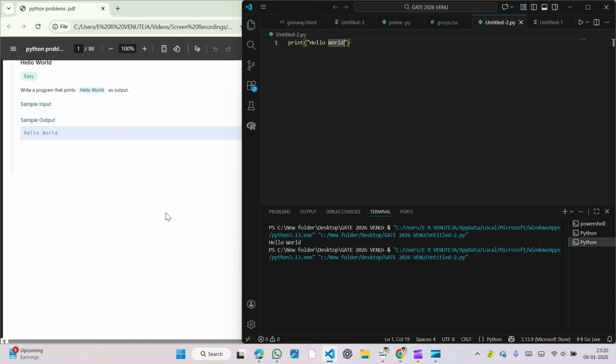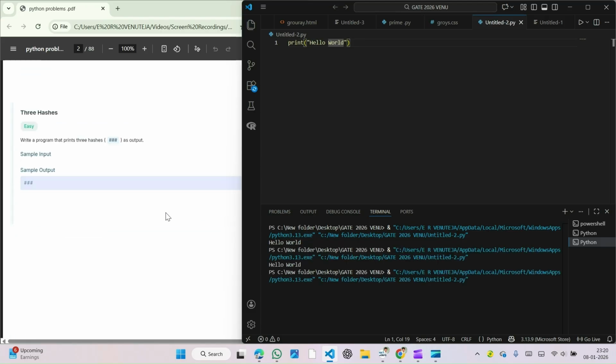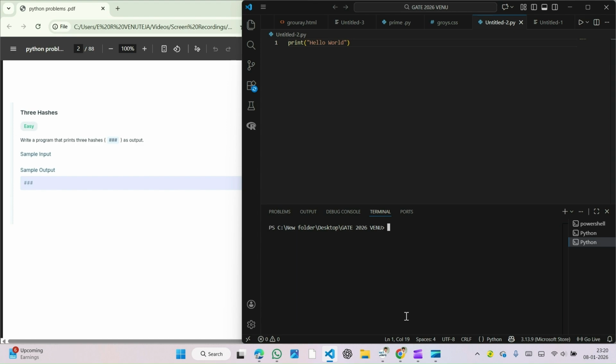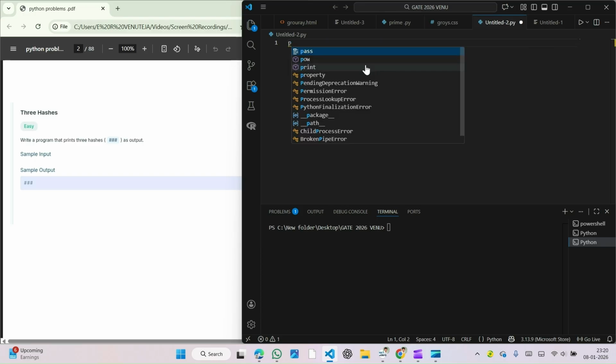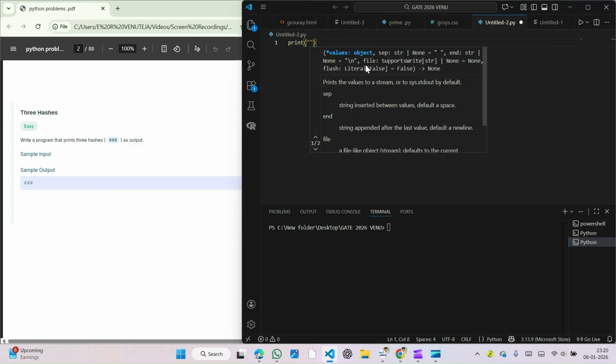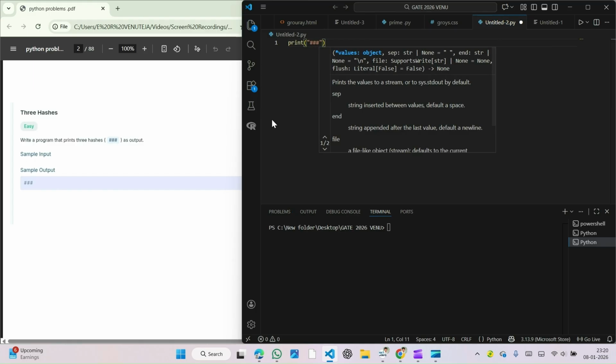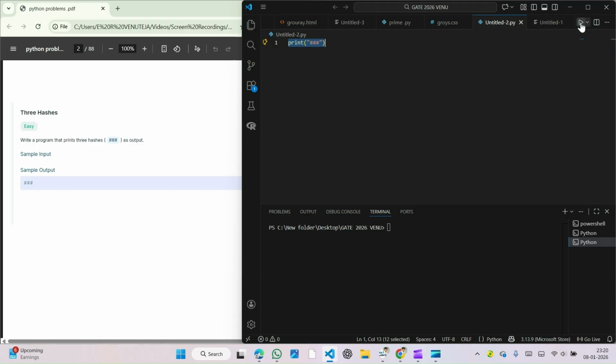Next question. I have run it so many times. Is it clear? Okay. Then print triple slash. See, the output will be printed as triple slash. Write a program that prints three slashes as an output. Here is the output, three slashes. Okay. Next,